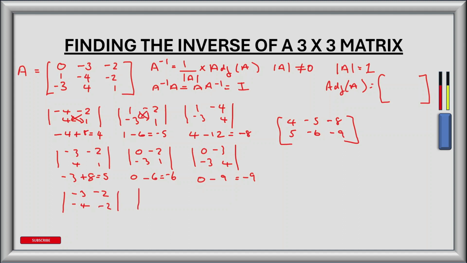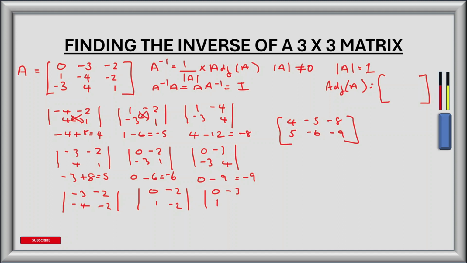And column 2, row 3, we're left with 0, 1, -2, -2. And row 3, column 3, eliminating those, we get 0, -3,